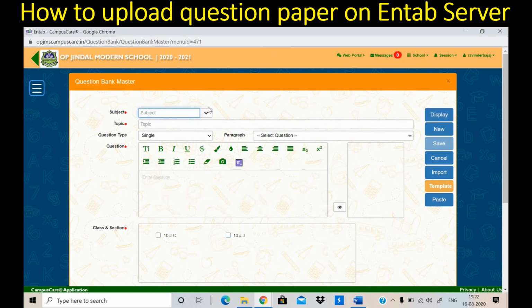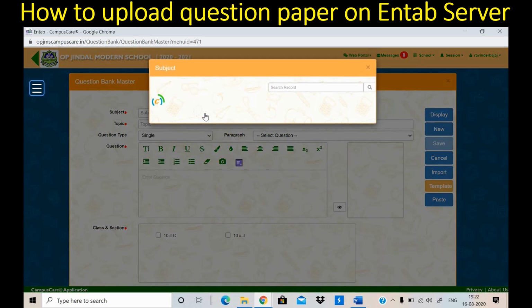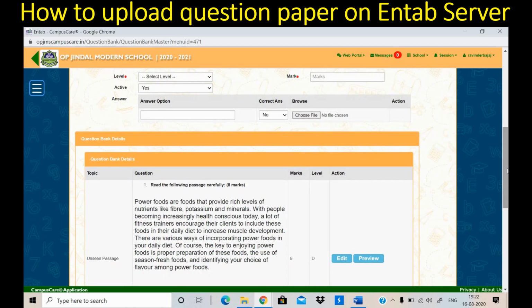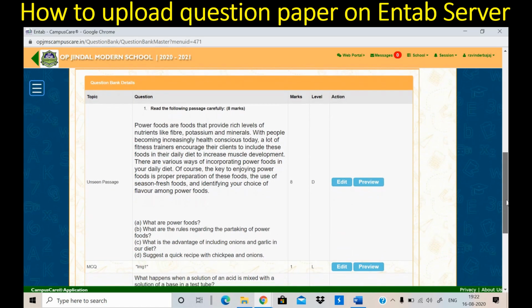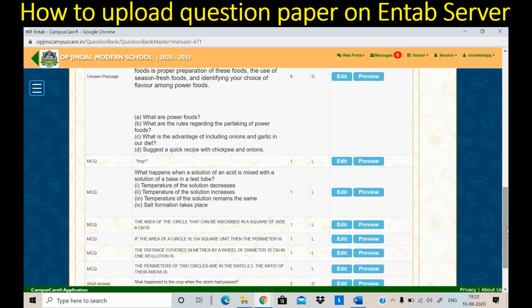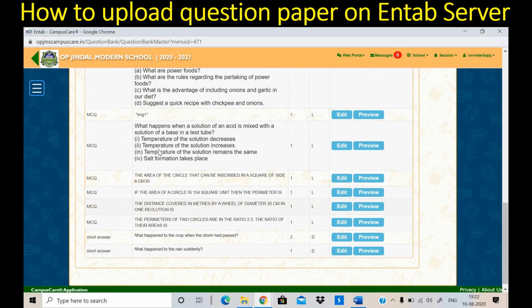So let's see how many questions we have inserted in this question paper. Subject maths, class 10J, display. See, this question is the paragraph that we have just now inserted. Before that there was one MCQ question in which an image was there. Now after this again an MCQ question is there.